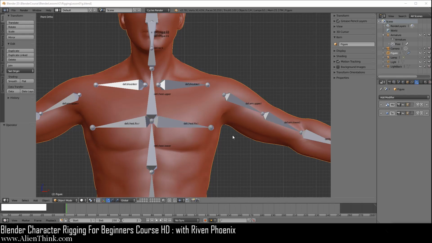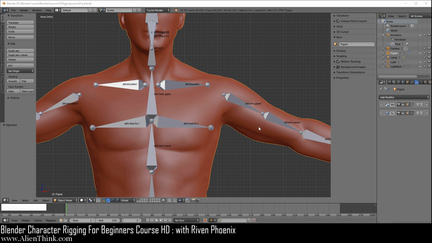Okay, so to continue on from the previous lesson, you've seen how the automatic weight system works in Blender, where it can start to give you realistic human figure movements. So what we're going to do now is take a look at this concept of bone envelopes. How do bone envelopes work, and why we are not going to be using them to rig our character.